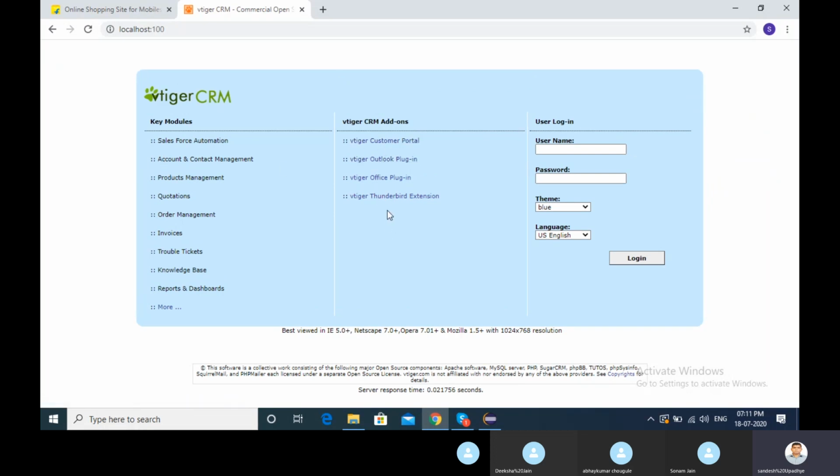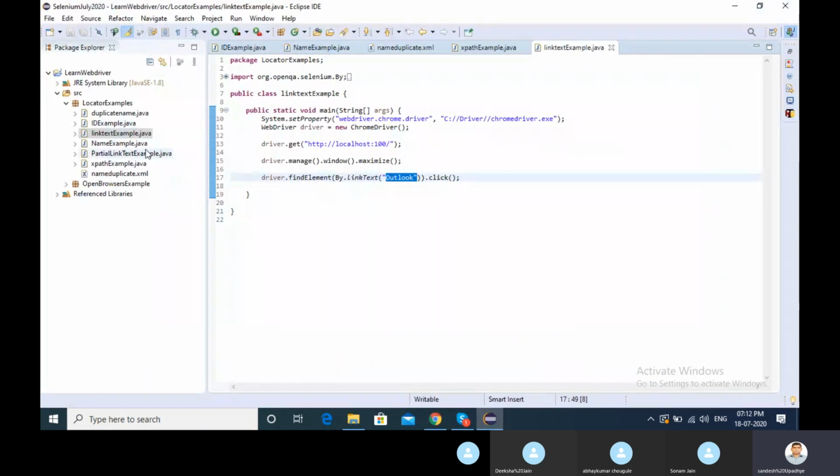These are the examples I showed last time. We have this big name, right? In that case we need to choose some unique value. So here vtiger is common, right? So customer, outlook, office or thunderbird, these are the unique values. In the partial link text we are providing some unique name here, right? So these locators we saw previously, and a few of the XPath things we saw previously, and we are going to continue today itself, correct? Okay,